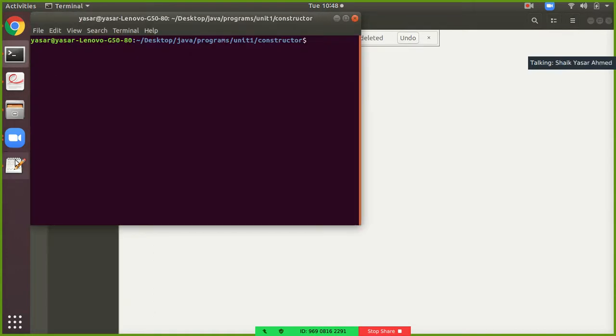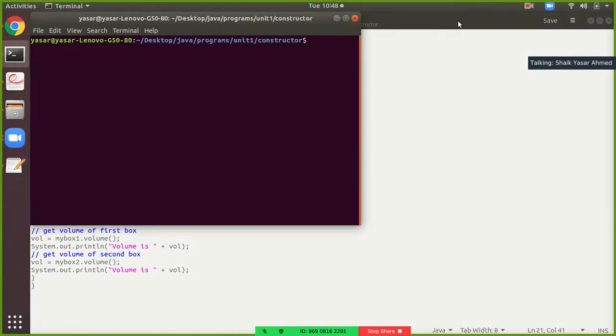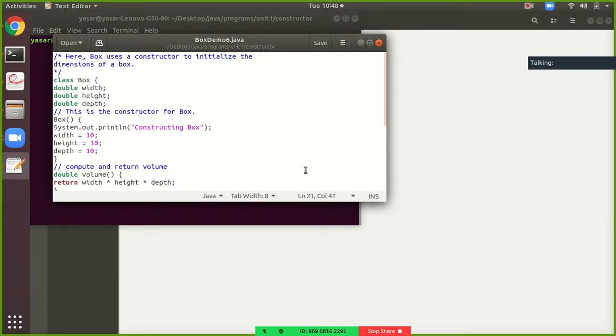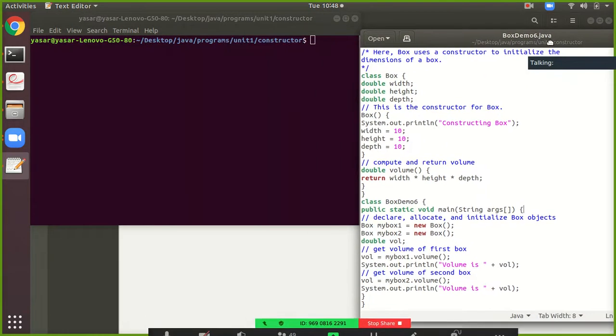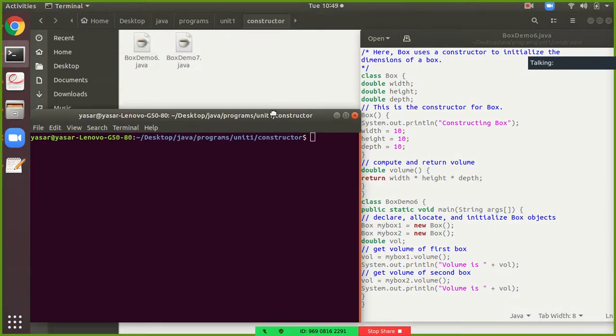Now students, observe here. What is the name of the two classes, class Box and BoxDemo6? We have to compile with the name we have saved it with.